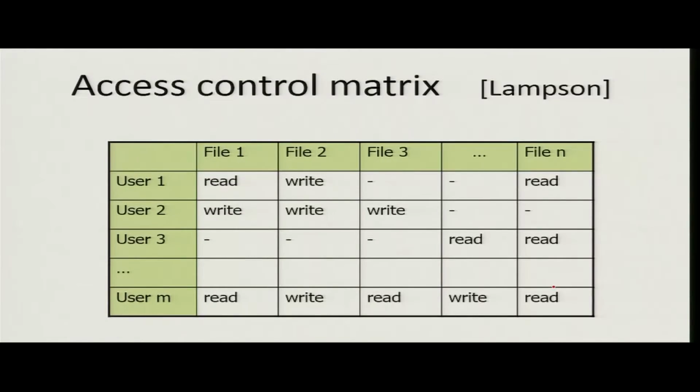Now, in different systems like Unix, for example, access control information should be represented in some way inside your system, so that whenever the reference monitor wants to check whether you have access to that particular resource, it should be able to consult that information in some kind of data structure. So, one such thing was